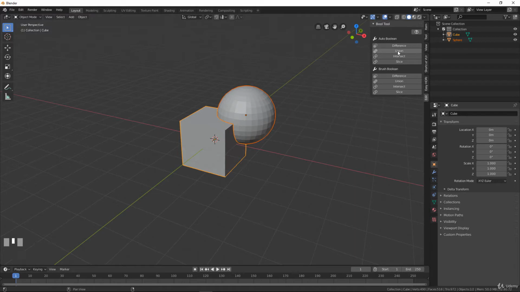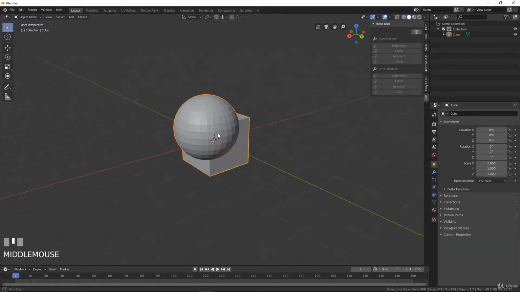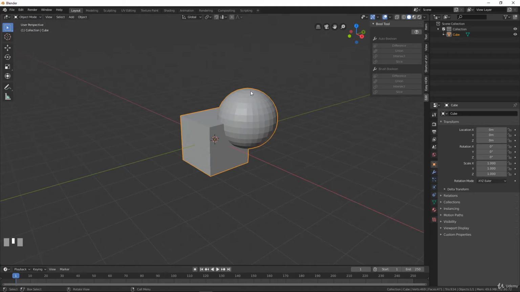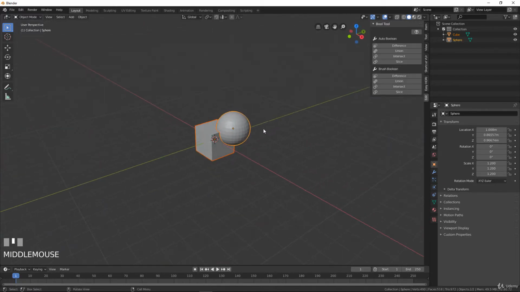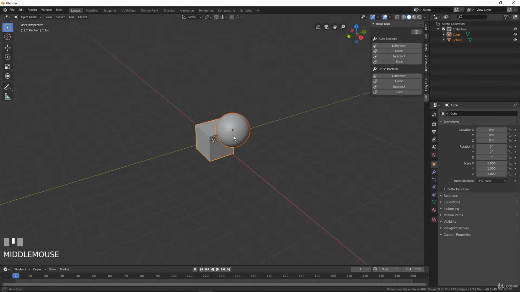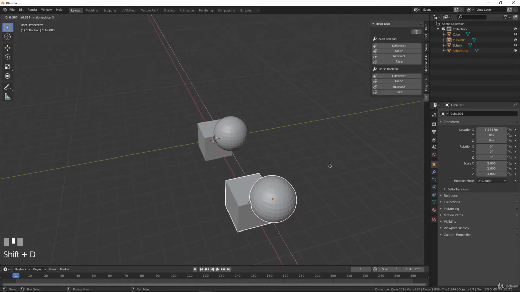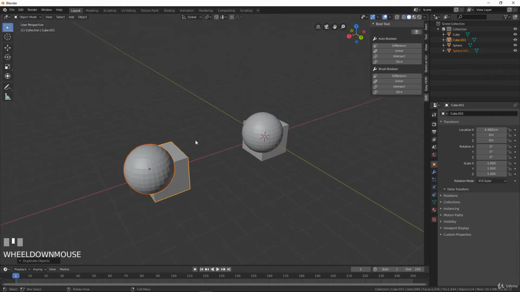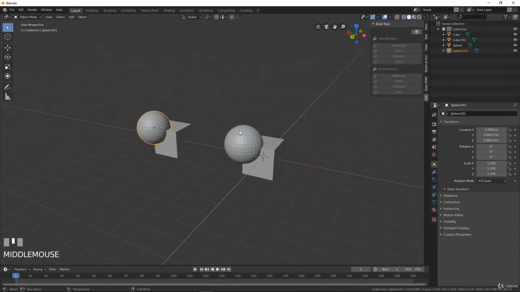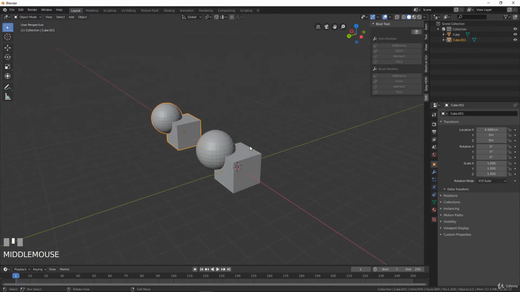So here you have the union, and it creates a new object with the 2 shapes, so it makes a union basically, but it's different than Ctrl J. You will tell me, okay, let's say you have these 2 objects like we had in the beginning, and we will just Shift D and put it on the x-axis, Shift D X, and we will have two possibilities to make one object. We will have the Ctrl J that makes one object, and we will have the union with the Boolean, and you will tell me